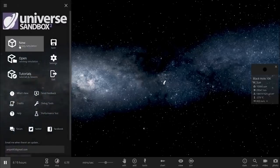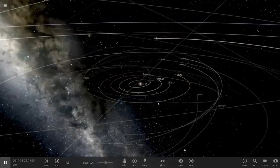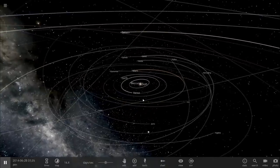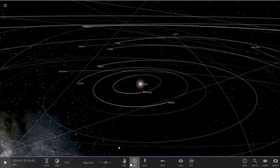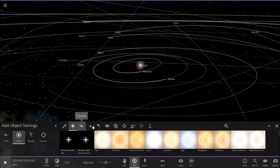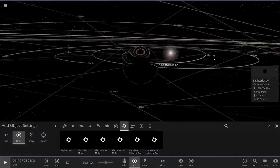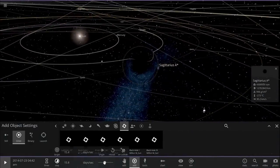And so let's actually go to our own solar system right now and basically try to imagine how big and how tremendously massive this black hole is. So you can see Earth is right there, Sun is right here, and if I were to place our own Sagittarius A Star, which is the supermassive black hole in the middle of our own galaxy, this is what it would actually look like. And we're going to basically go into the black holes and place Sagittarius A Star maybe right here next to Earth. So you can kind of see that's what Sagittarius A Star looks like,